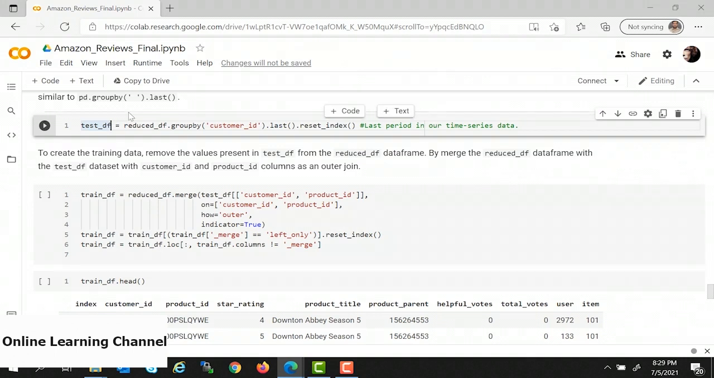First, split the dataset into training and test set. This will allow you to estimate the model's accuracy on videos that customers rated but weren't included in the training. We start by creating the test data frame. To do that, we can simply create a data frame by grouping the data frame on customer ID and using the last function, similar to